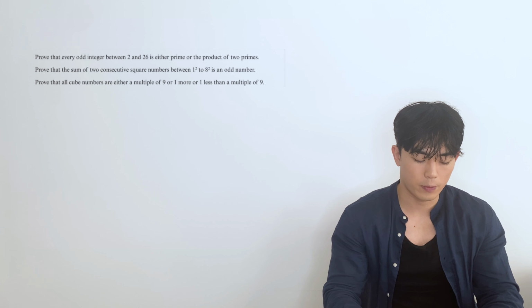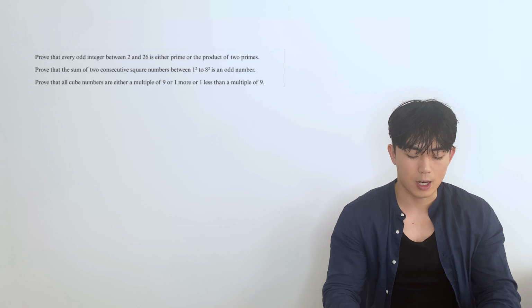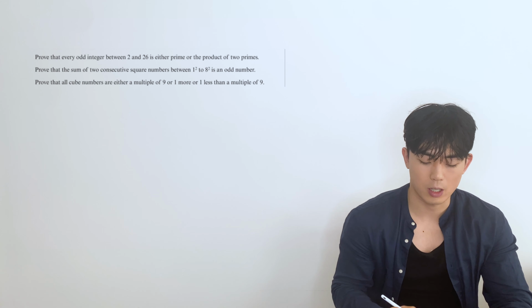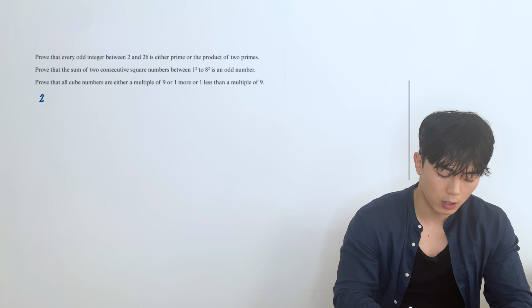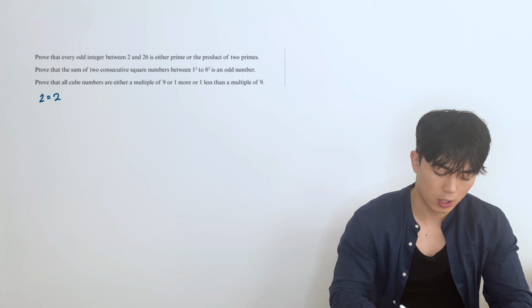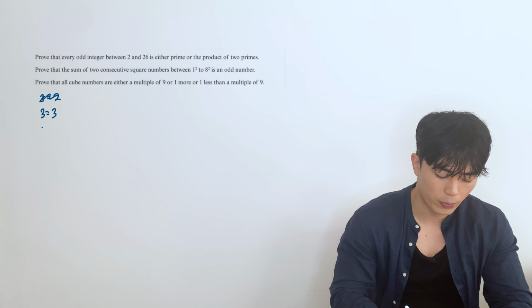So let's look at this one here. Prove that every odd integer between 2 and 26 is either a prime or a product of two primes. Right, so you just have to exhaust every single example. So for 2, well, that's just 2, right? The next odd integer is, so it's odd integers, right? So 3 would just be 3, 5 would be 5, 7 would be 7,